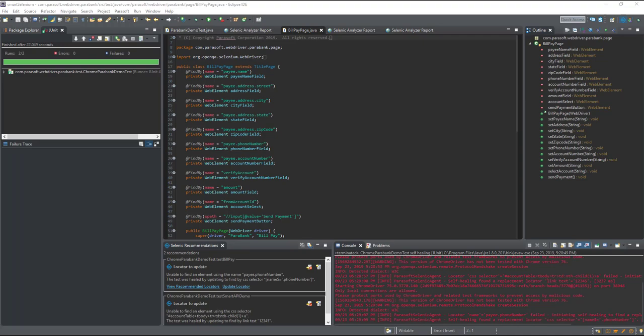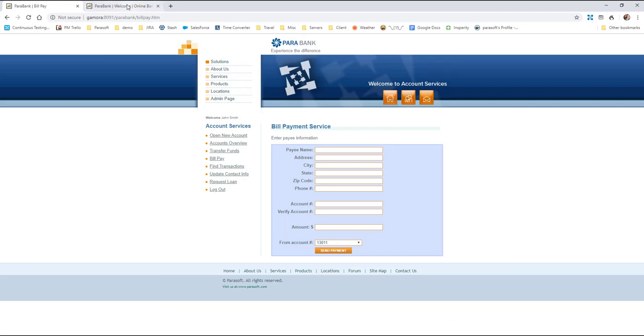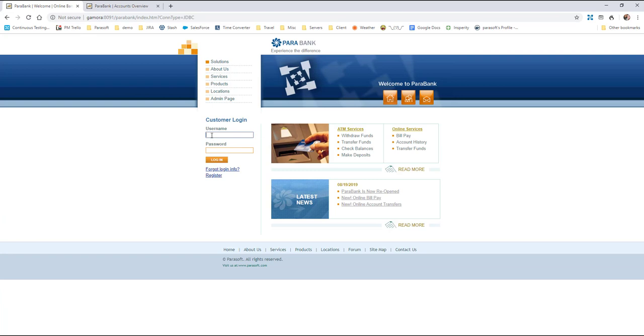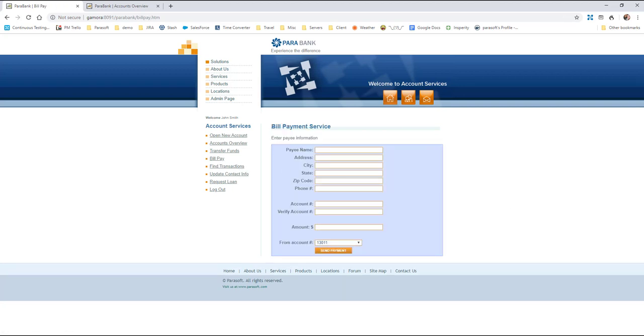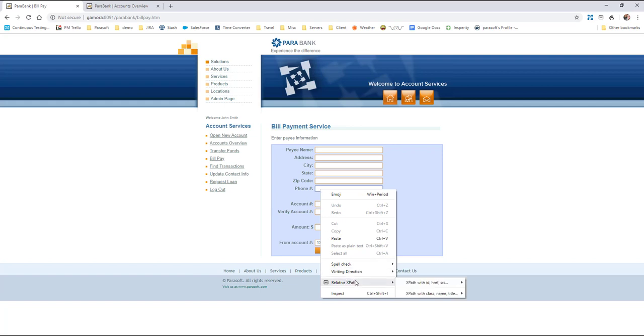So what actually happened in my application, if I go a little deeper, is that I got a new field, email. If I go back to the previous version of my application and log in, I'll see that that's actually the first change that took place between these two versions. But there were also a number of hidden changes in the application under the surface. For example, the ID attribute of phone number is now dynamic, which means it's going to change every time. And that's why it broke.